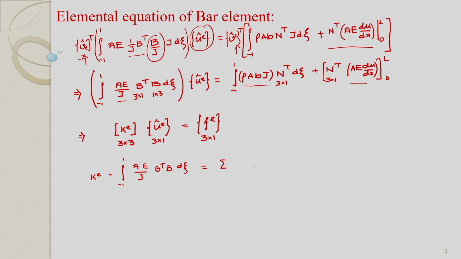While using Gaussian quadrature, we have to calculate the integrand at the Gauss point, multiply with the weight and then sum over the Gauss points. So this is our integrand. Now, let us see the MATLAB code.